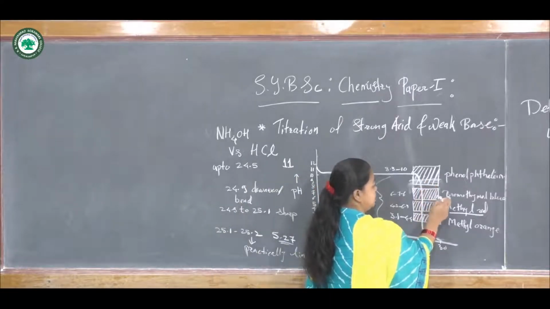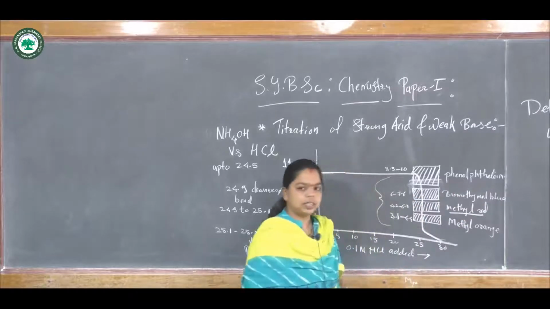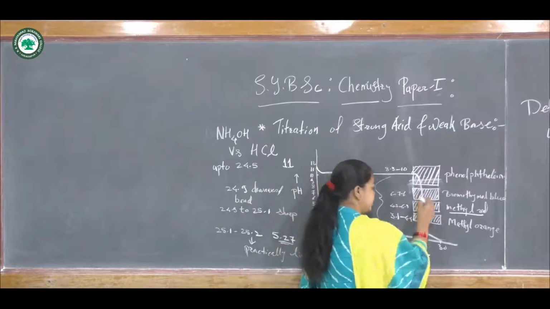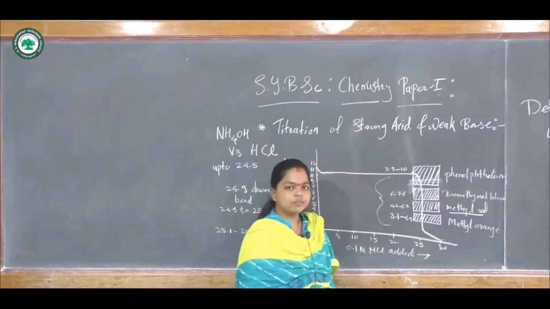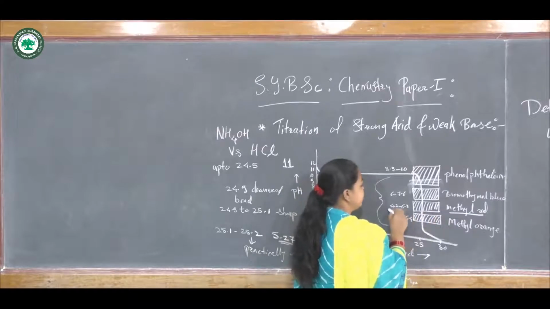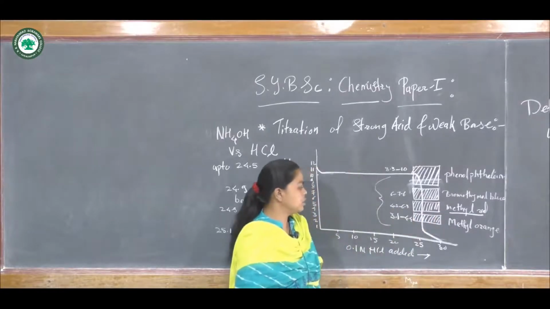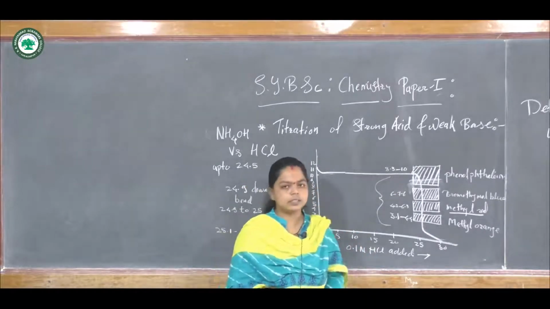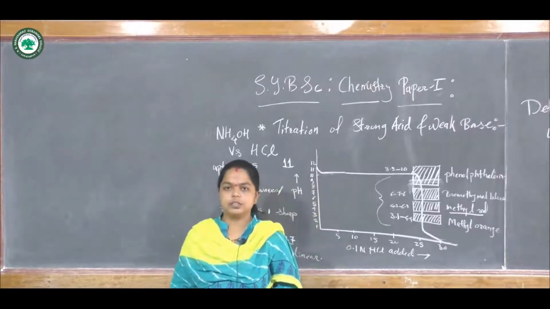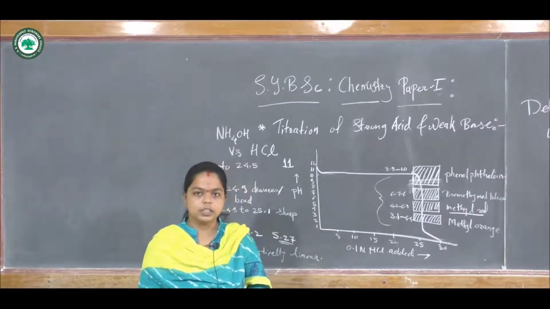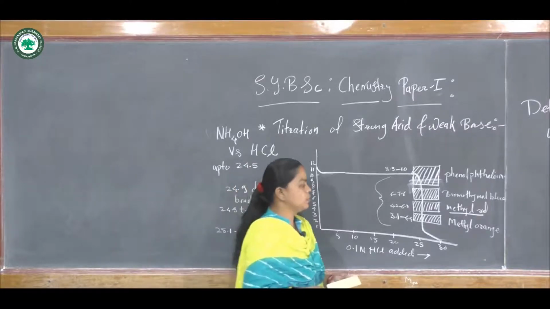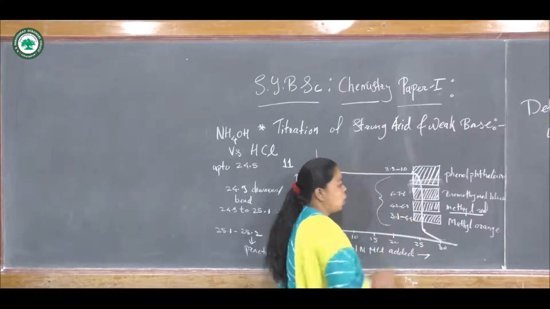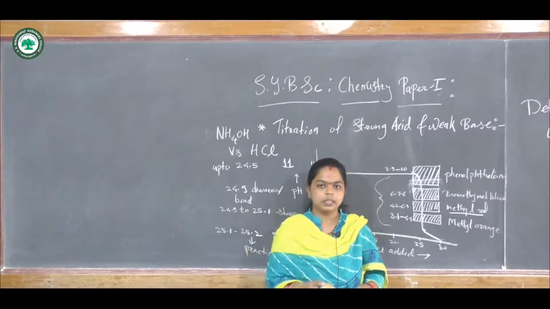Then next is the bromothymol blue indicator. It has the transition range 6 to 7.6. So again it is included in this curve range of the end point. Then methyl red has 4.2 to 6.3 and methyl orange 3.1 to 4.4. All these indicators have their transition range within the equivalence point or the end point range of the pH value, between these 2 points. So all these indicators are shown to be suitable indicators.